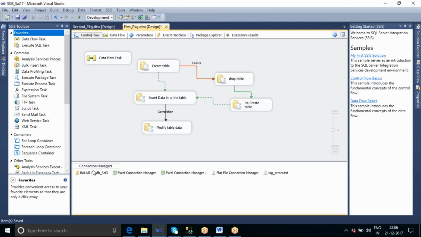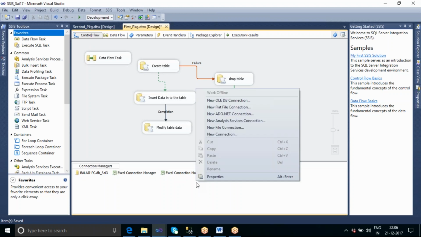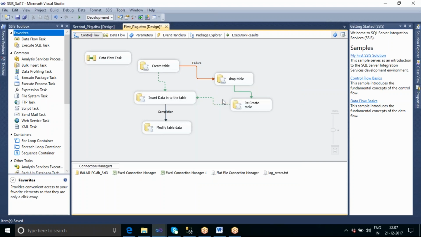So this connection managers section will show the list of connections we are using, and apart from that, if you want to create a new connection, you can also create it by right clicking on this connection manager. You can see here, if you want to create a connection to the SQL Server database table, then you can use this OLEDB connection. With the help of the OLEDB provider, it will allow you to connect to the database table. OLEDB means object linking and embedding database provider. If you click on it,